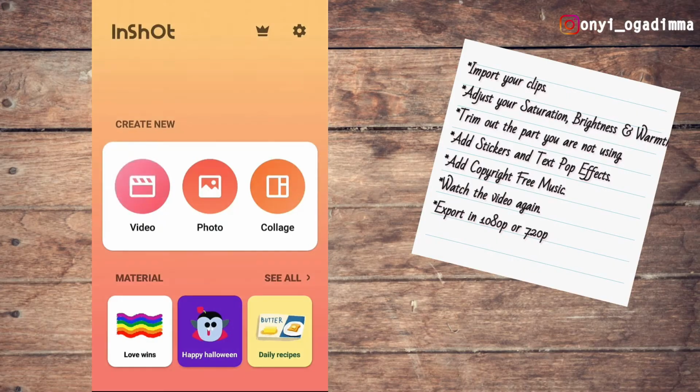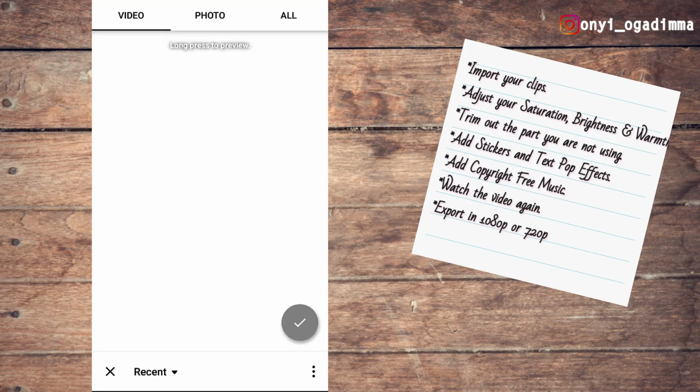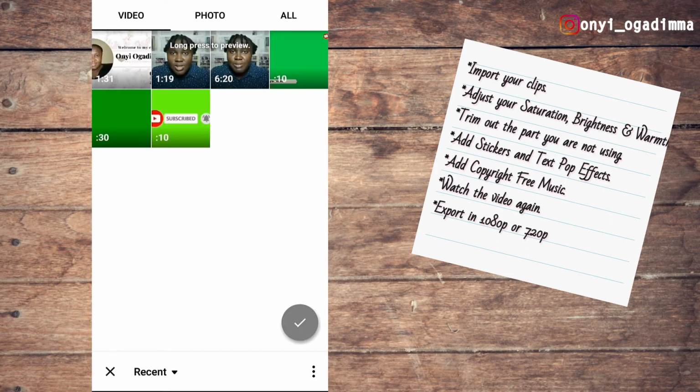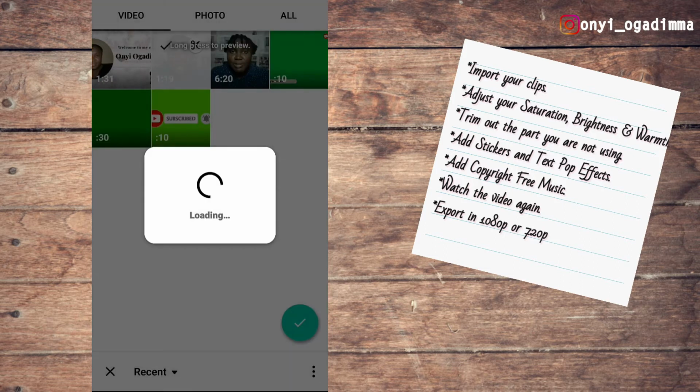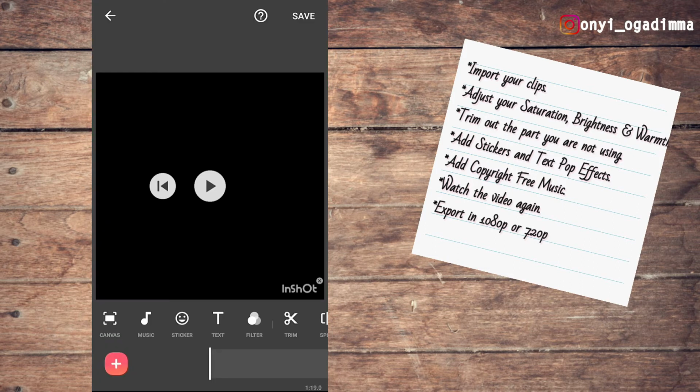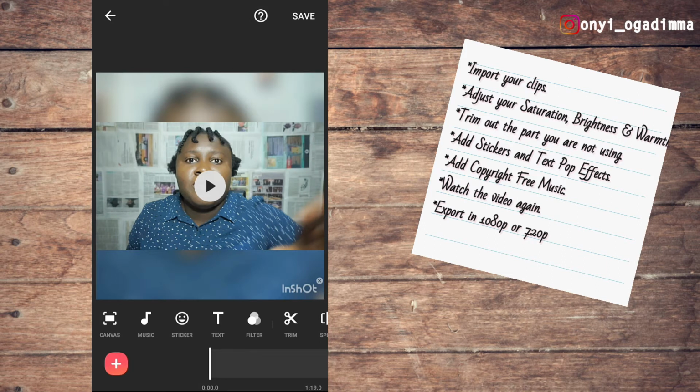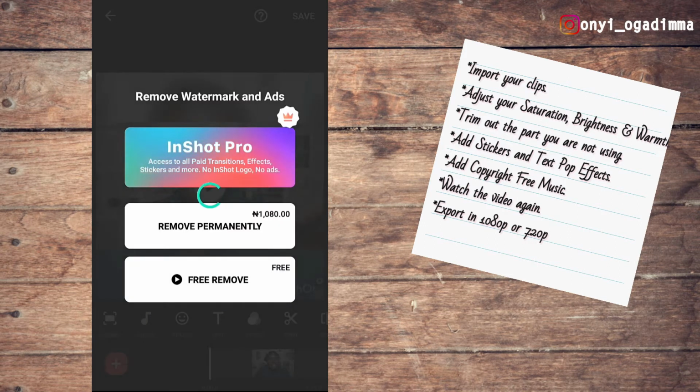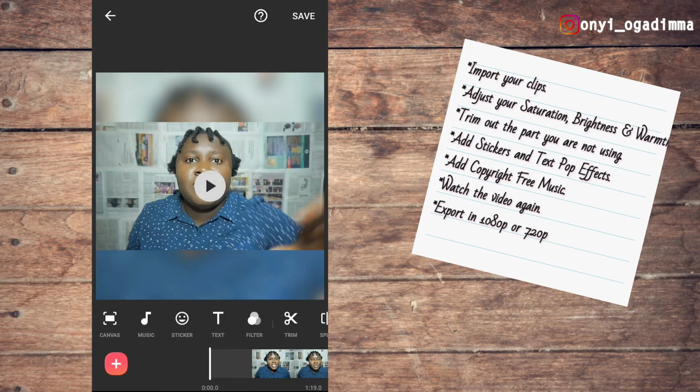So without further ado, let me give you guys a practical example of what I'm talking about. You understand? Guys, this is the first interface you're going to see when you open InShot. So I'm just going to click on the video I'll be working with and click on the check mark, and it's loading up. So when you open up, you see this InShot icon. I'm just going to remove it by clicking on free remove, and then set my canvas to